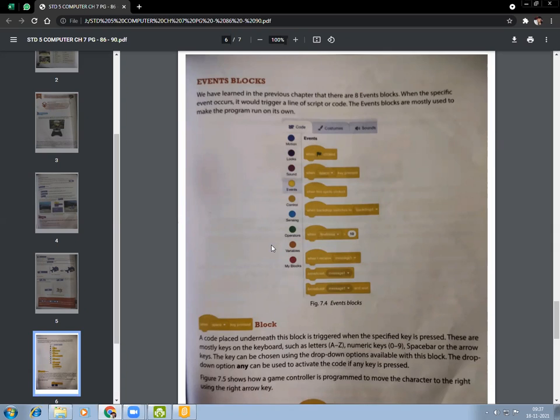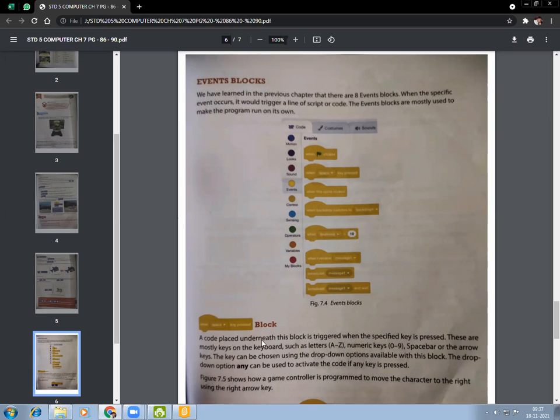So the event blocks' work is to run the program on its own. Okay. There are 8 event blocks given in the Scratch software. Now we will learn when space key pressed. Okay. When space key pressed block.